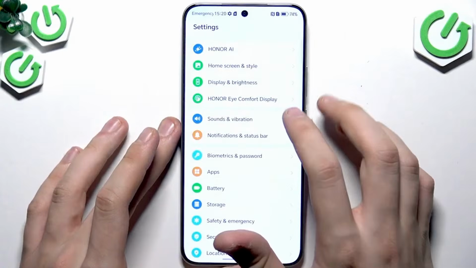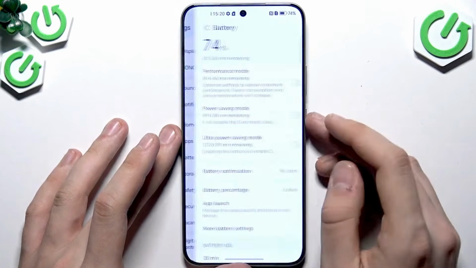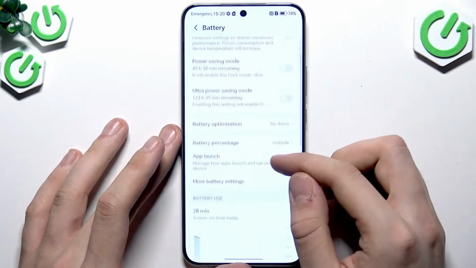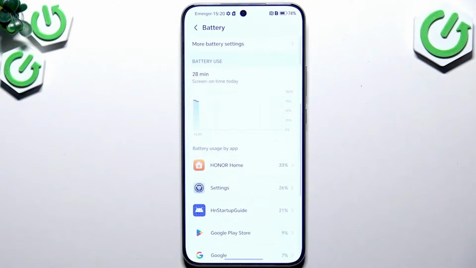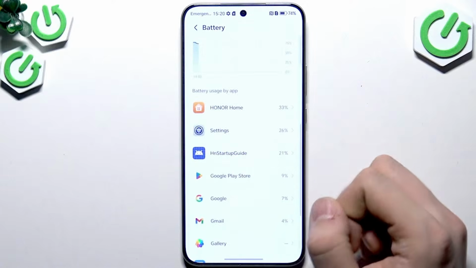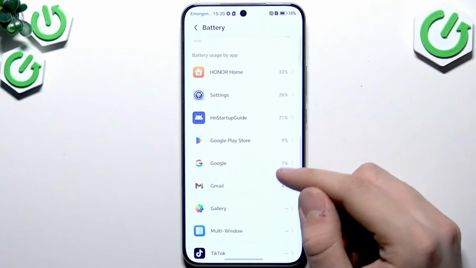and go to the settings. Once in the settings, go to the battery over here. Once you're in the battery, scroll down to the battery use. Now search for the most battery usage by application in your device. As you can see here, they have a lot of system applications, but if these are not system applications, for example Google Play Store, Google, Gmail, etc.,